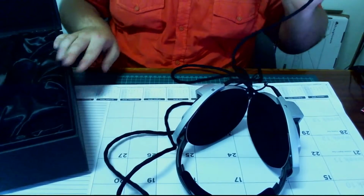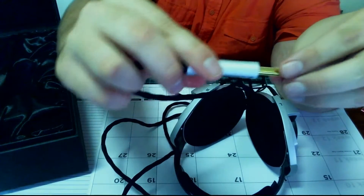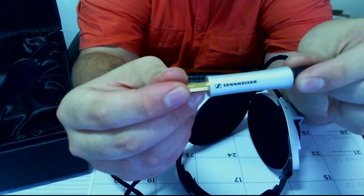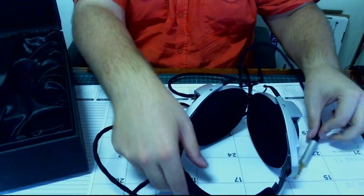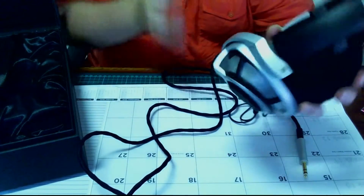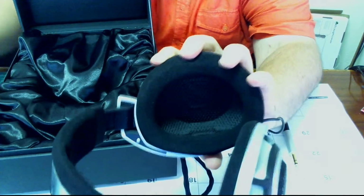Sorry, I know I'm doing this sort of on the fly, but I wanted to do these unboxings quickly. Which way? That's upside down. So there you can see the Sennheiser logo on the jack. Some other things I want to point out, as you can see, okay, no, you can't. I'm going to have to turn the exposure back up. Okay, so that's kind of bad right now, but as you can see,